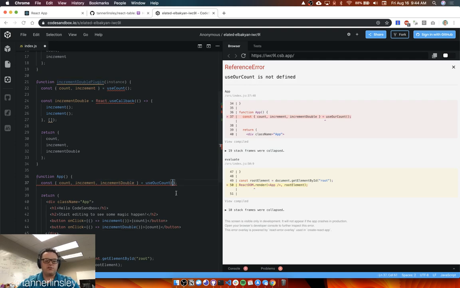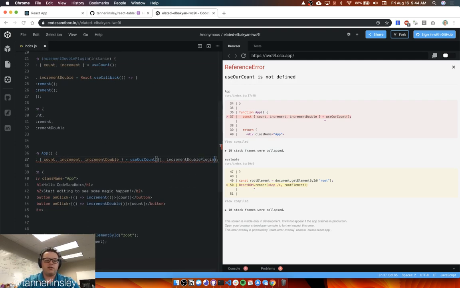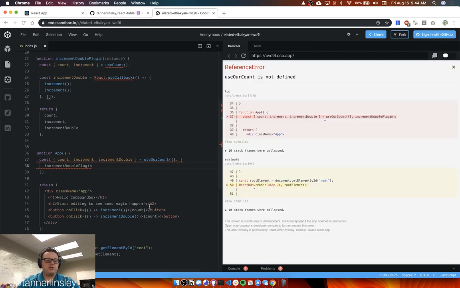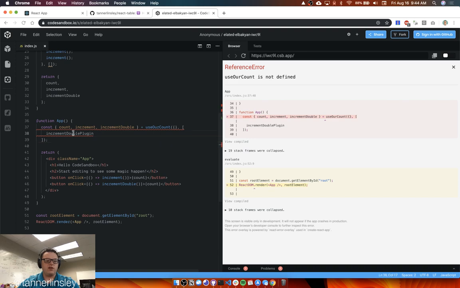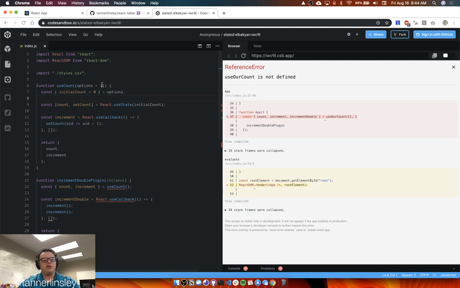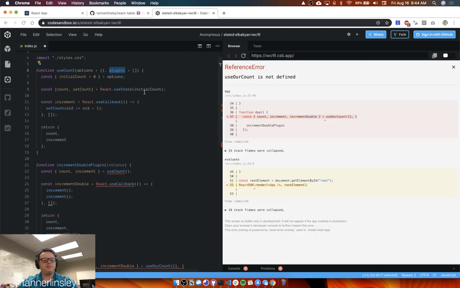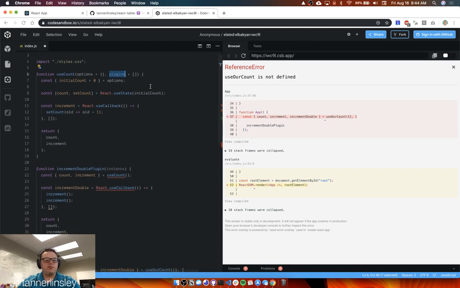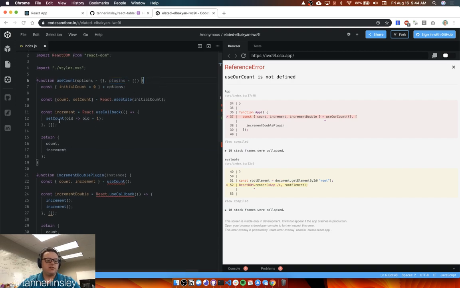And what we're going to do is call useCount. We're going to call it with no options, and then we're going to call it with this array called incrementDoublePlugin right here. And that means up here in our normal hook, we're going to be receiving an array of plugins. And then we can loop through those plugins and let them extend the functionality of what we're doing inside here. So this is a very crude example,